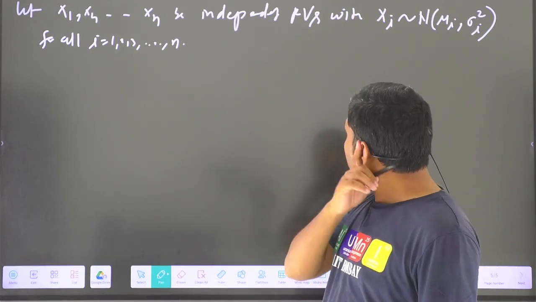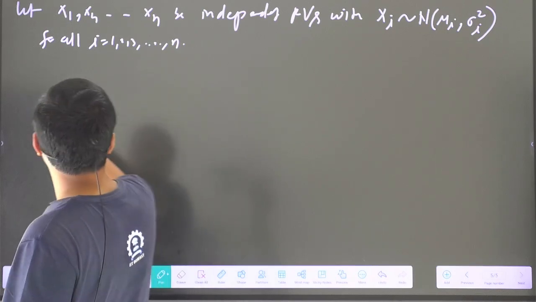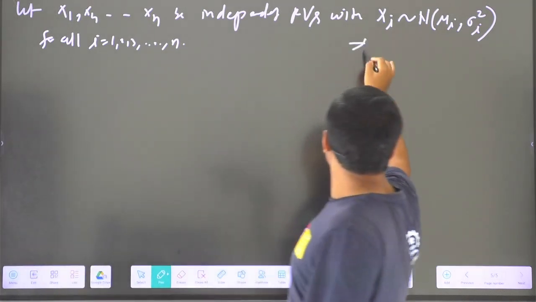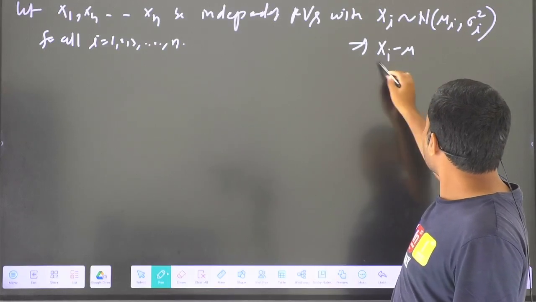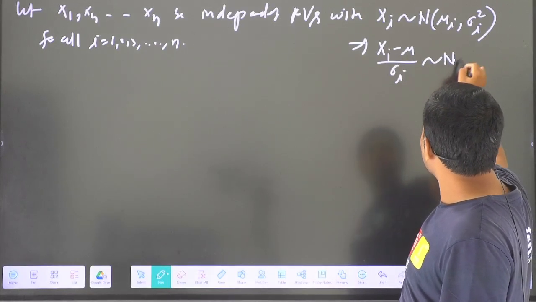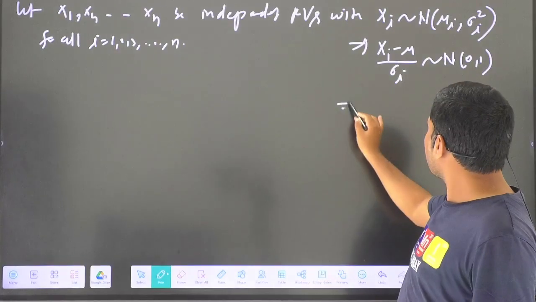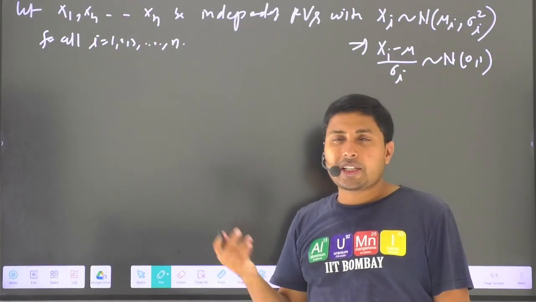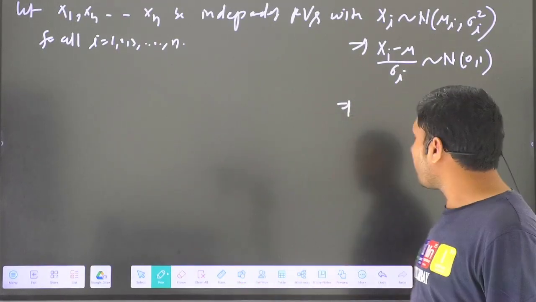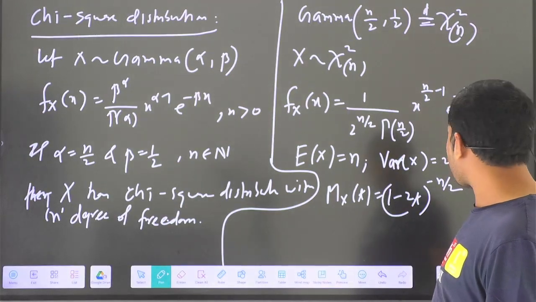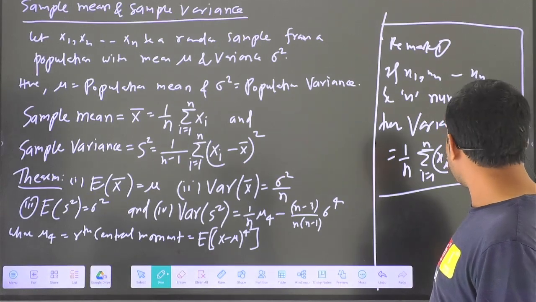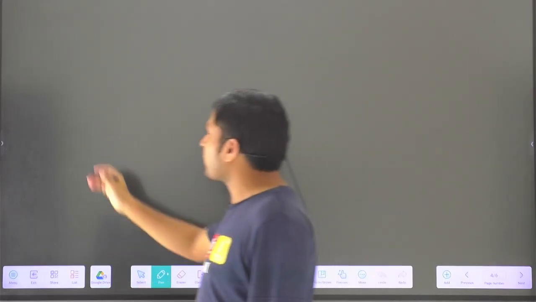Now transformation. Since xi is this one, (xi minus mu) by sigma will be normal 0, 1. I'm just doing a transformation that can be proved. I think one theorem I left in the last class, so let me just complete that. And that is a theorem of transformation that says